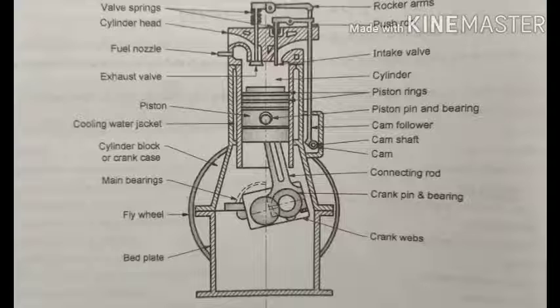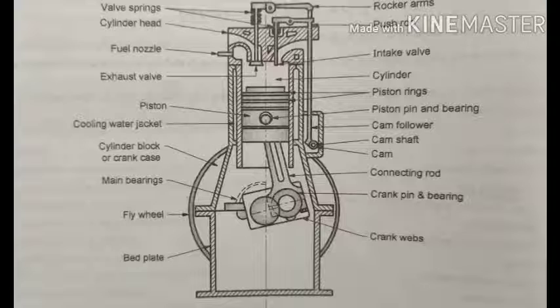The fuel injection system consists of fuel pump, fuel line and fuel injector. Fuel is delivered into the combustion space of the cylinder by the injection system. The injector, also called fuel injection nozzle or spray nozzle, delivers fuel in the form of fine spray under pressure through small holes. Piston pin and bearings. Piston pin and bearing connect the piston with the connecting rod to make it possible to move the piston in the cylinder.